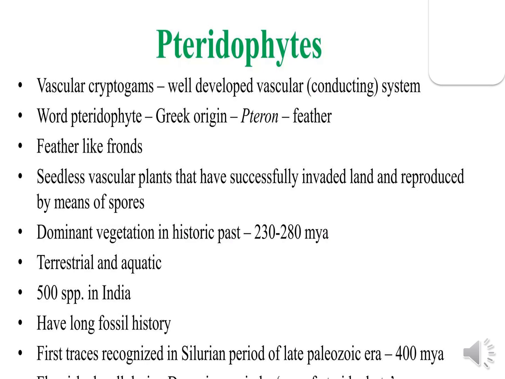The dominant vegetation is historic. It was found 230 to 280 million years ago in the Silurian period. Most of them are terrestrial and aquatic forms. There are about 500 species reported in India. They have a long fossil history and first traces recognized in the Silurian period of the late Paleozoic era, around 400 million